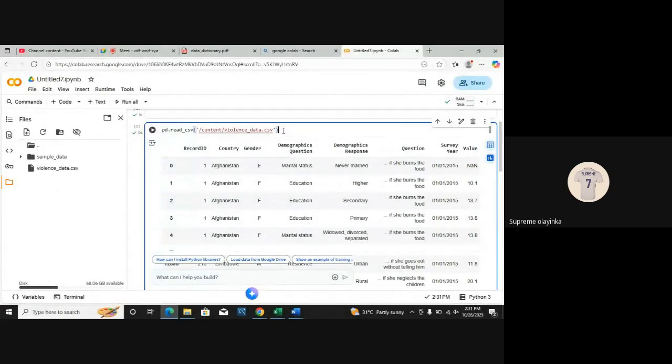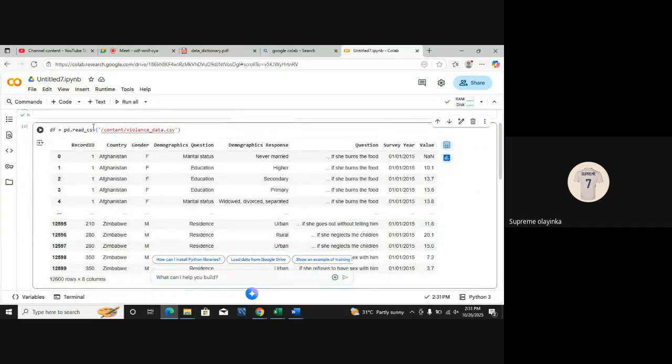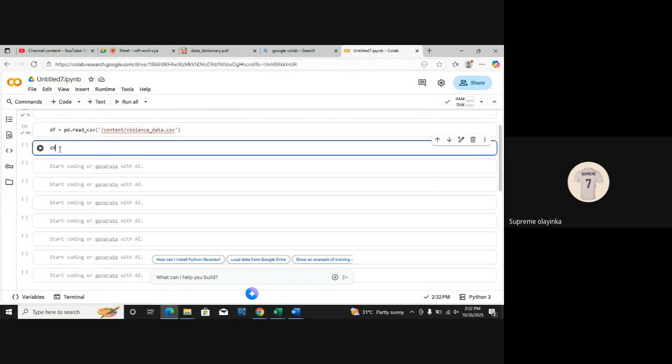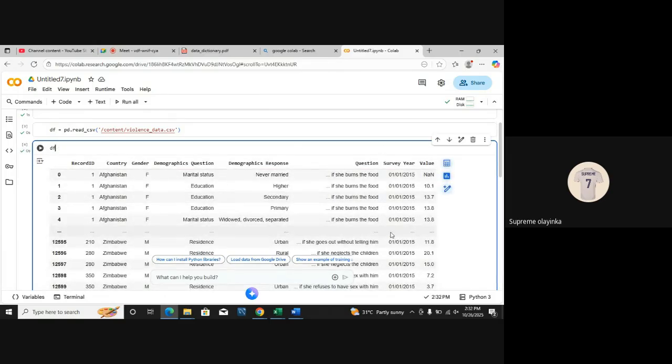So what do we say? I want to write the variable. I want to denote this one with df. df equals to, what's the full meaning of df? That's data frame, right? Whenever I call df, I want to be seeing my table, and that's why I'm representing it with df. So let's run this one again. If I call df now, Control Enter, then I can see my table.